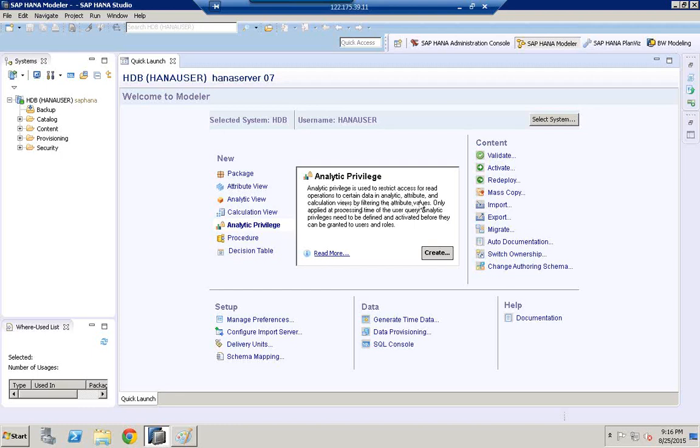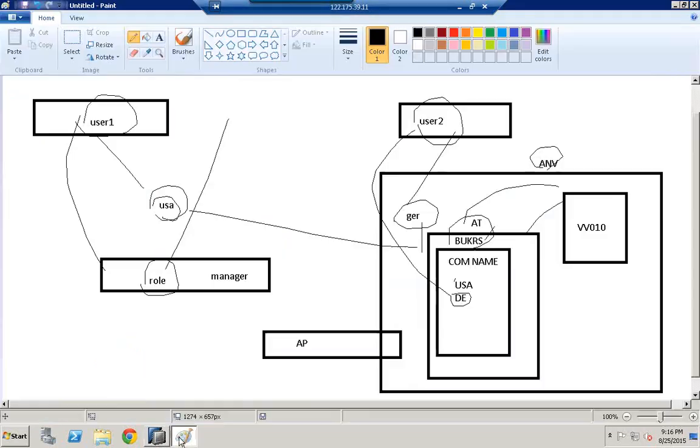By filtering the attribute value, you're trying to filter an attribute value. So when are you trying to filter this attribute value? Only applied at the processing time of user query. So when user 2 is trying to access data from an analytic view,